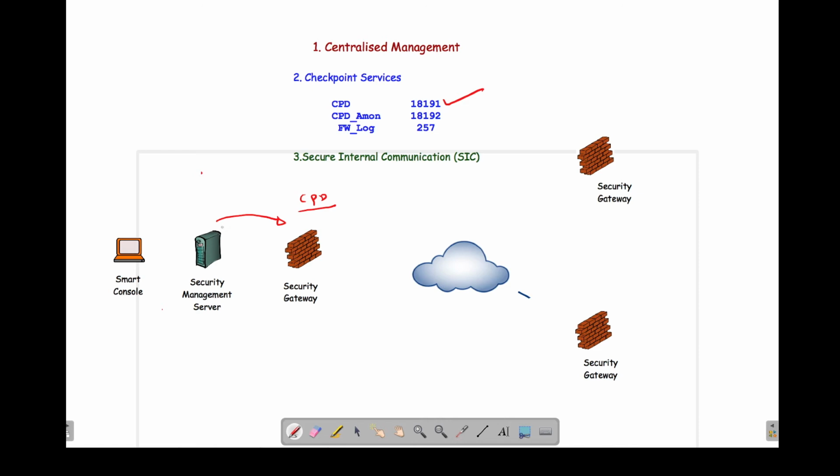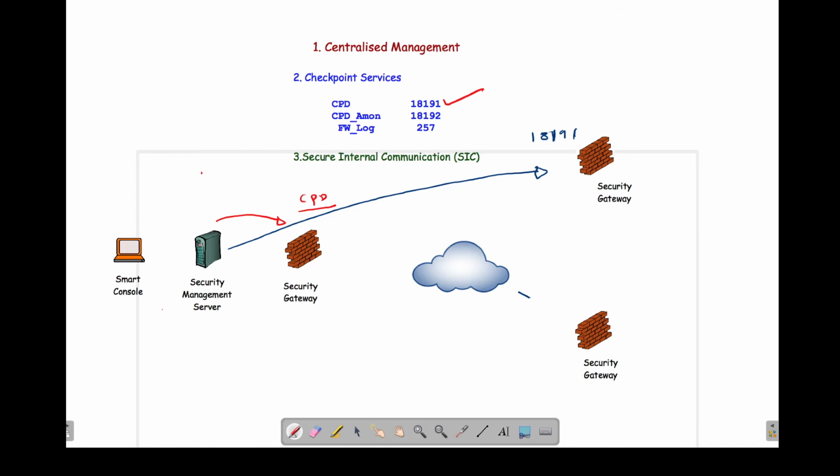So the management server opens a TCP connection to the CPD service running at port 18191, and then gives a policy to the firewall. Similarly, when the security management server has to give a policy to the security gateway, it opens a TCP connection to port 18191, and then gives the policy to the firewall.